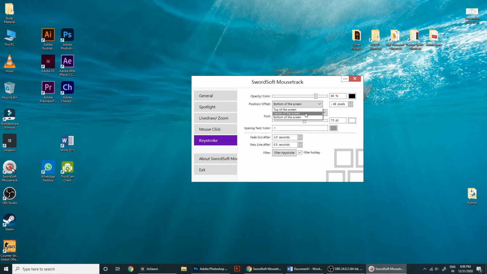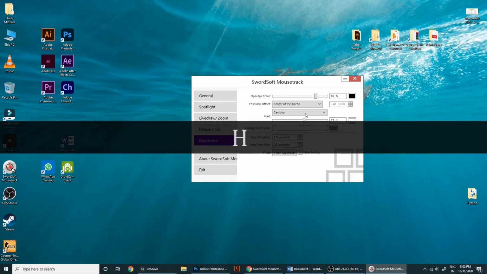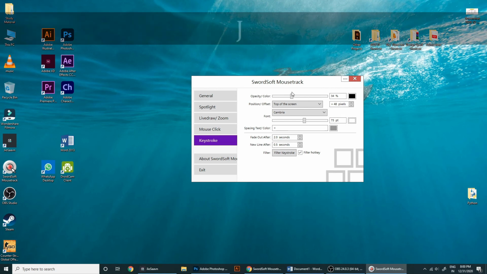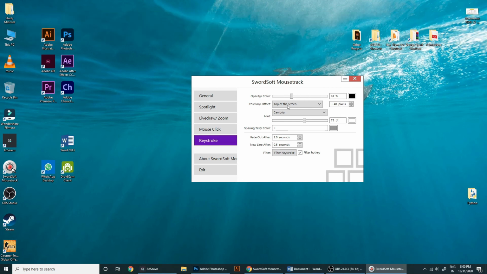Like if you want keystrokes in the center of the screen, as you can see now it's coming in the center. So it can be very useful while recording any tutorial. Okay, you can decrease its opacity as well. You can see it's on top, so generally it shows at the bottom, and you can change this as well.